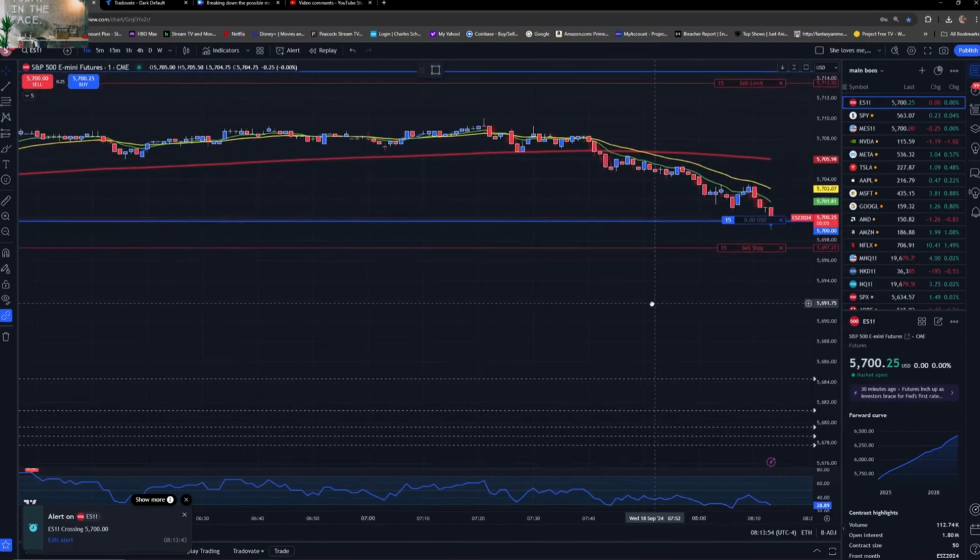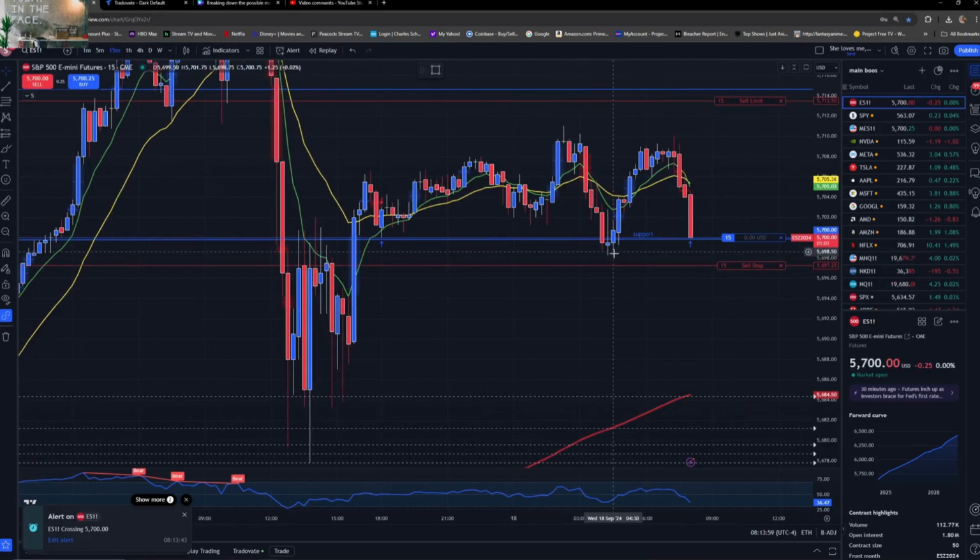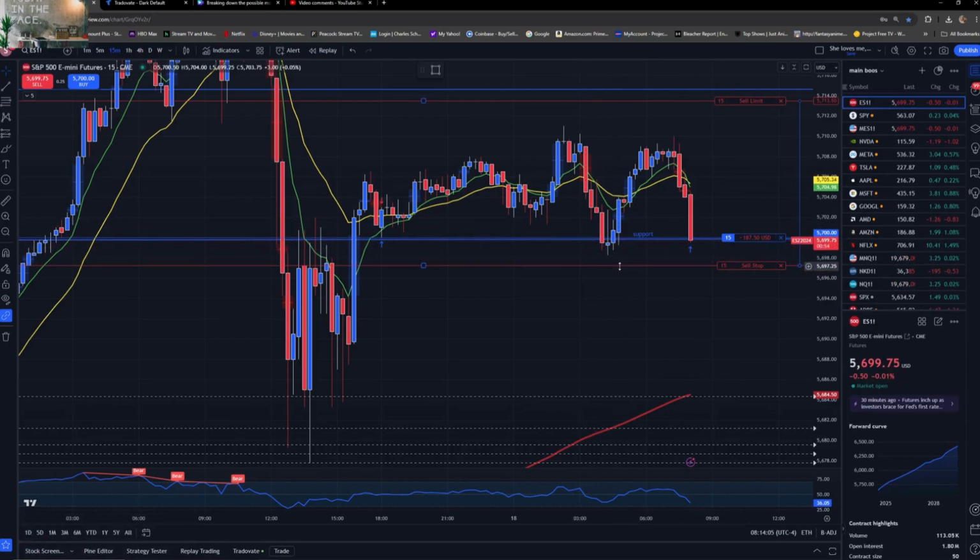Now we have 17 minutes to be in this trade. We are at 15 contracts. This is the low area right here. With 17 minutes into this trade, we're going to see some negative because we have all of this space right here to the downside, and we're in a downwards trend. If we come down here, we'll be losing $2,000. Perfectly acceptable. We go back up to